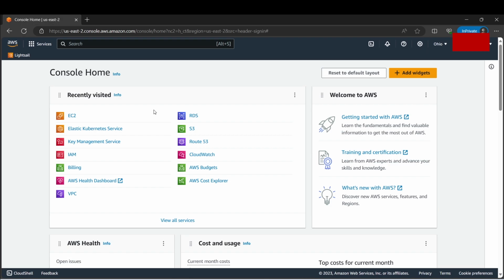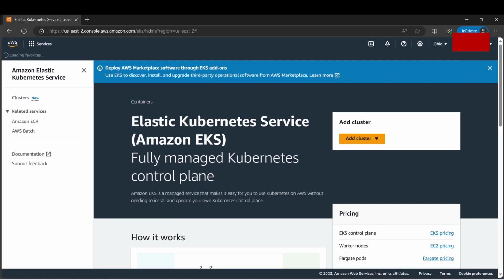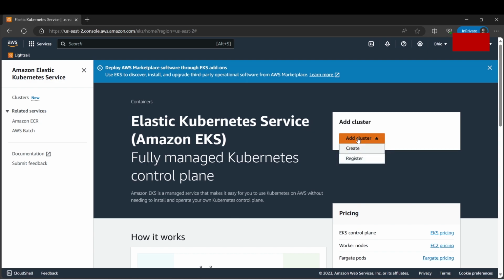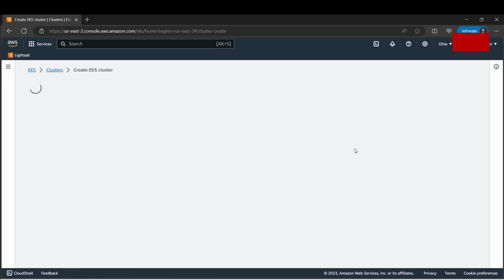Okay, so as we can see, I am at the AWS login console, and currently I have selected the Ohio region for the application deployment. So let's get started. Let us first create an EKS cluster. For that, we'll go to the EKS service, that is Elastic Kubernetes Service, and here we can see there is an add cluster option. So I'll create a